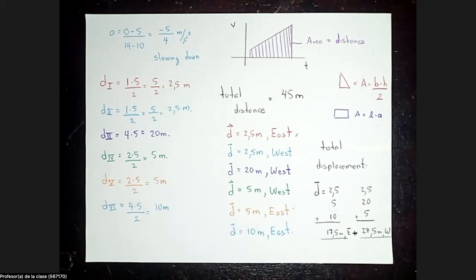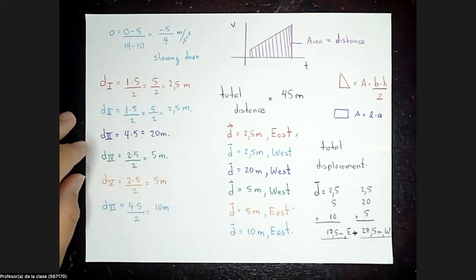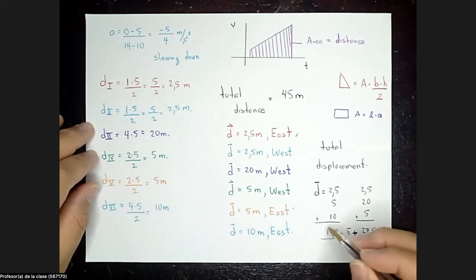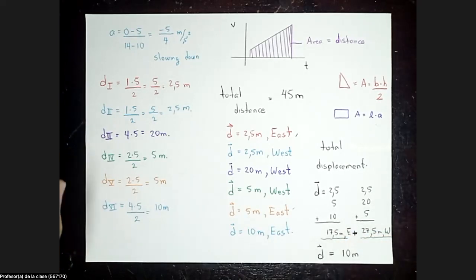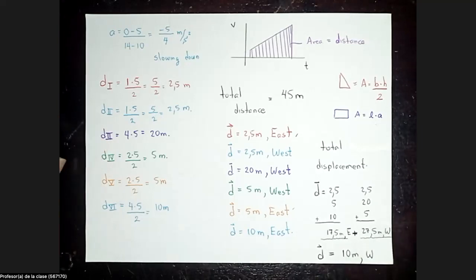Here, the easy way is to subtract the smaller from the greatest number, that is 27.5 minus 17.5. That's going to be 10 meters. But the direction will be from the biggest number. So it's going to be west, because 27.5 is greater than